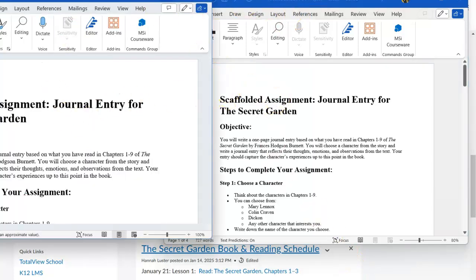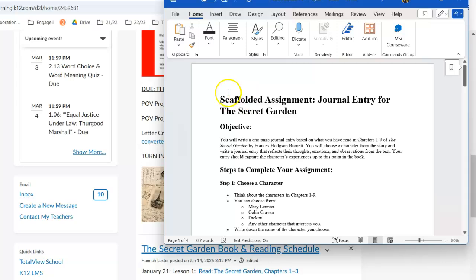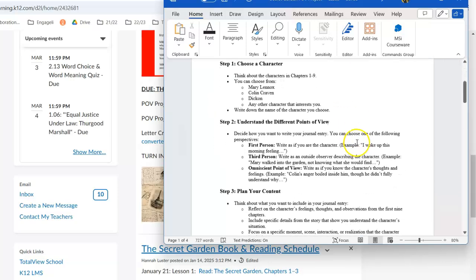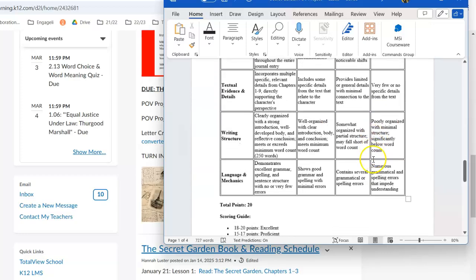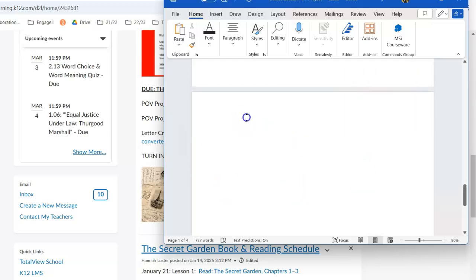and multiple copies, but I'm going to minimize one. And here we have all of our instructions, okay? And you can scroll down after you read those. And there's like the page, and then you can start writing like, Dear Mr. Craven, I don't know why. And then you can be your character if you're doing first person point of view, or if you're doing third person, you can say, Dear Reader,